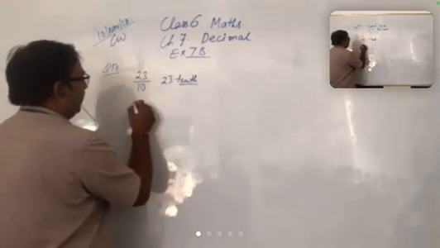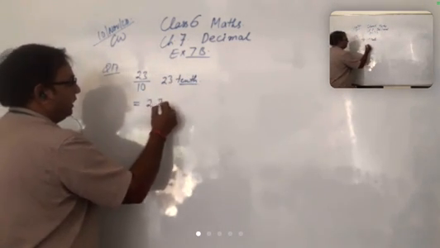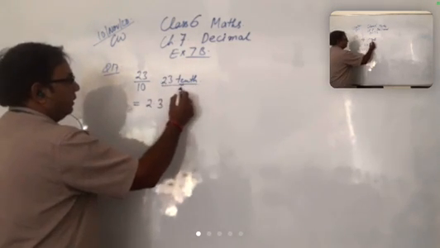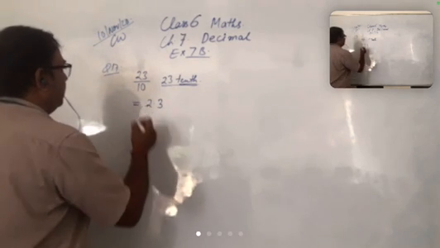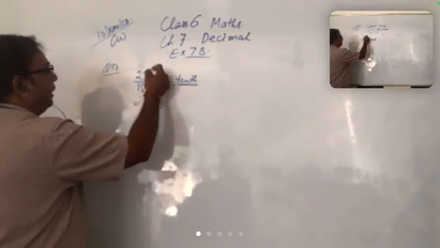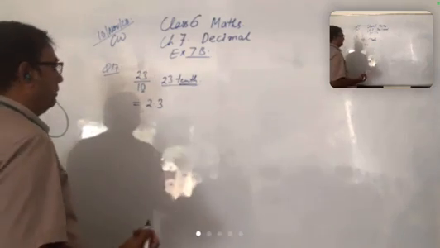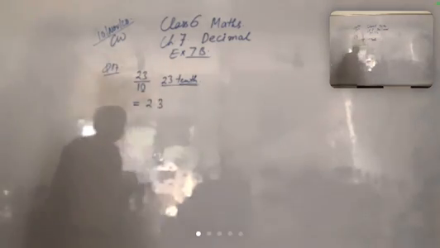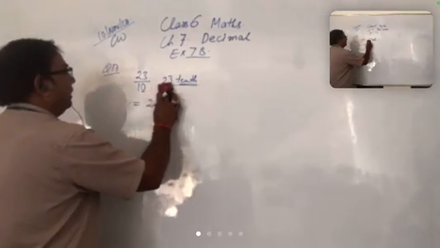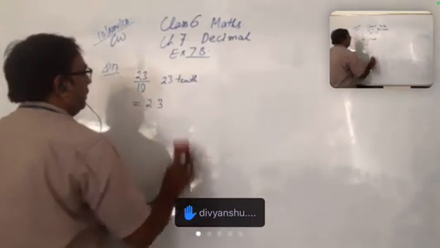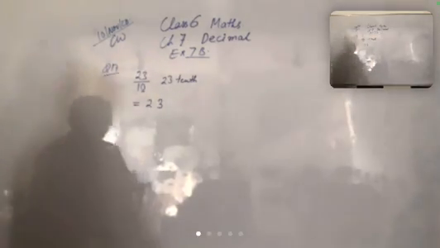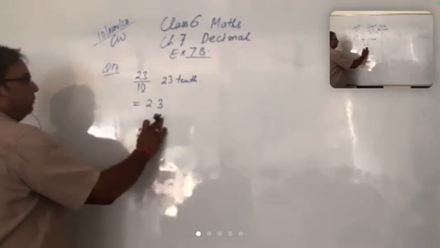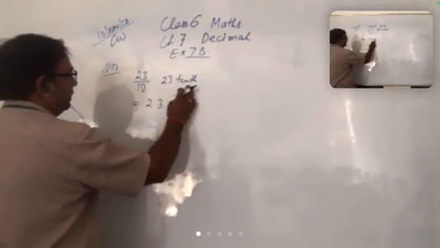Then according to this we have to put the decimal. Or there is the option, you can check the number of zeros and put the decimal accordingly. Whatever is easy for you, you can opt for that method. But this is the actual way to write a decimal fraction as a decimal. So this is 23 tenth.